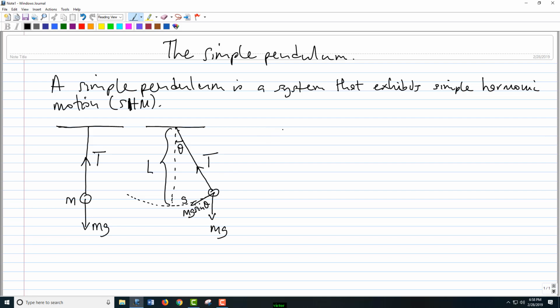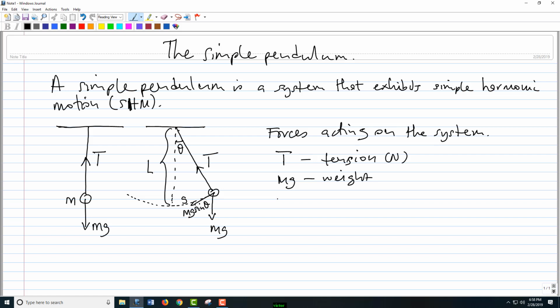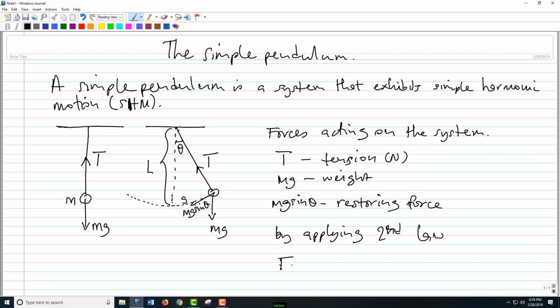Let's now look at the forces acting on the pendulum. So we have tension, which is T. The unit of force is newtons, of course. We have the weight mg, and we have the restoring force. This is mg sine theta. It's called a restoring force because it always points in the direction towards the equilibrium position. By applying an equation of motion, which is Newton's second law,